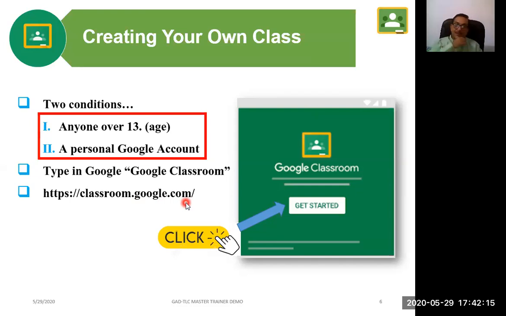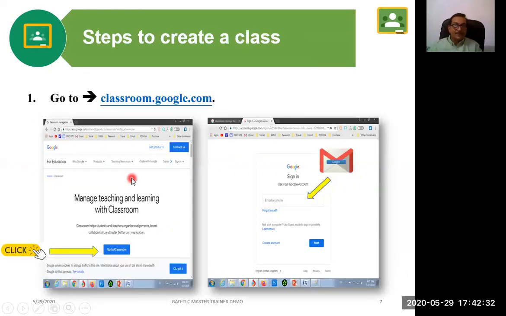You have to type this URL in your browser and press the enter button. As you press the enter button, the web browser will bring you to another new page, which is shown over here.